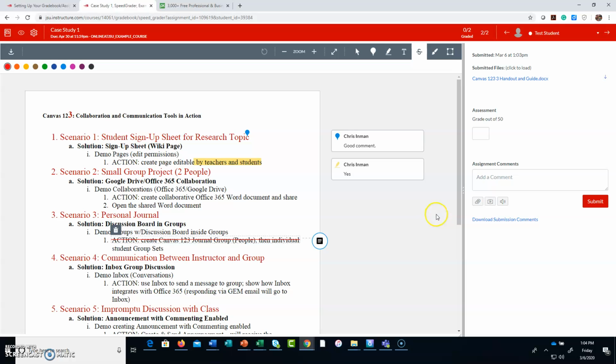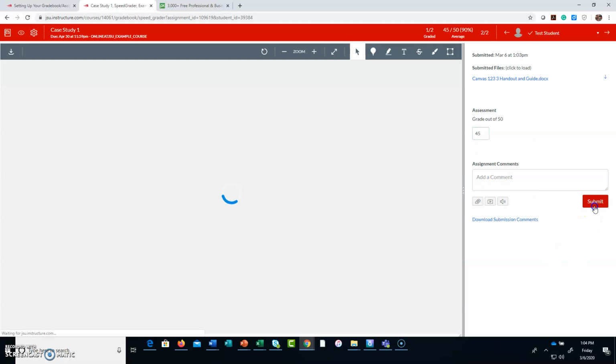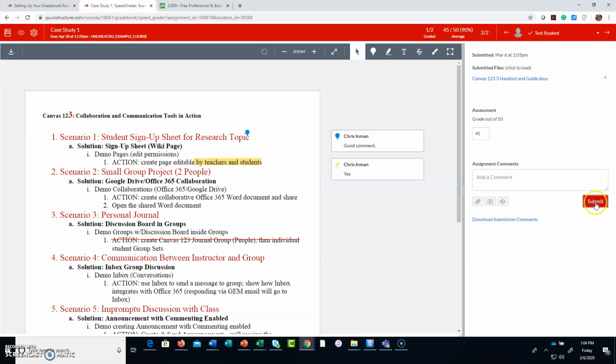If you are doing any grading outside of Canvas with a Word document or a PDF, you can attach it here. And then you want to enter the grade here. And it automatically should submit, but if you put any comments, make sure you hit submit. And then what you'll do is click on this icon to go back to the gradebook,